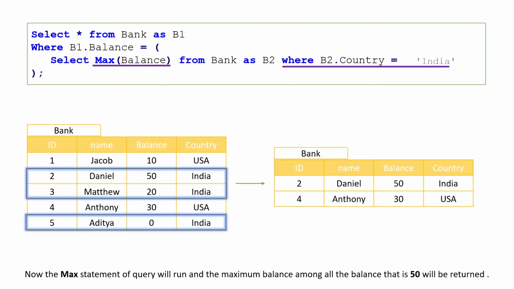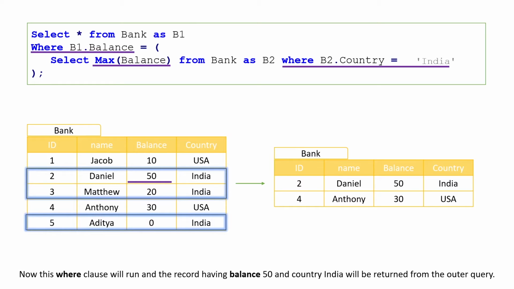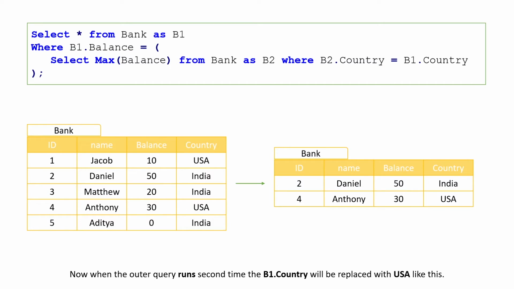Now the max statement of the query will run and the maximum balance among all the balances, that is 50, will be returned. Now this where clause will run and the record having balance 50 and country India will be returned from the outer query. Now when the outer query runs the second time, the B1 country will be replaced with USA like